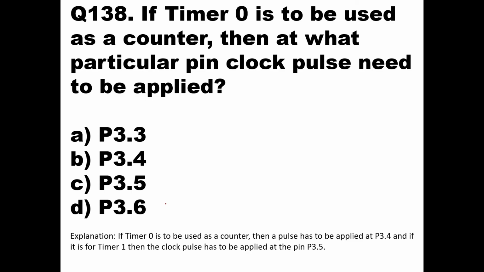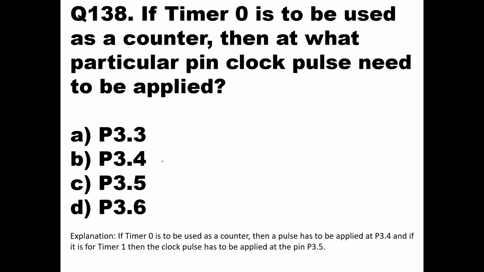Okay, so here he has asked for timer 0. Then for timer 0, it will be port 3 fourth line, that is the fifth line of that port, that means 3.4. Okay, so the option will be B, 3.4. So the P3.4 pin, whatever you have over here, is nothing but your port 3 fifth line, 0, 1, 2, 3, 4.